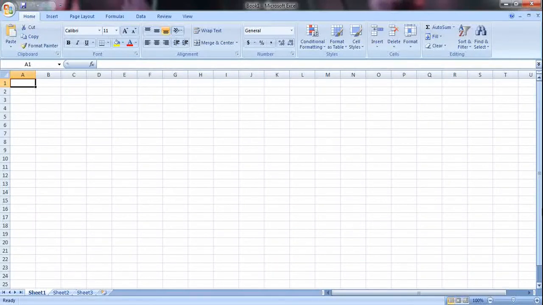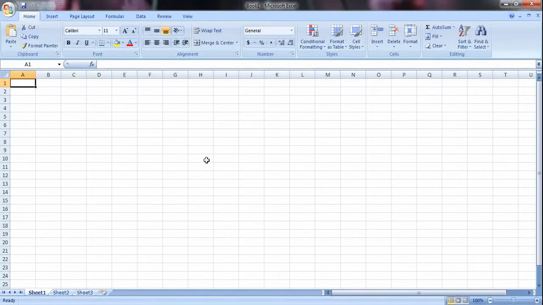Now, children, if you look here in Microsoft Office Excel, the file that opens is called a workbook. That is the reason at the top, if you see here, this is the title bar. On the title bar, you get the default name as book 1 because every file of Microsoft Excel is considered as a workbook. Now, if you come to the extreme bottom, you can see here sheet 1, sheet 2, sheet 3.